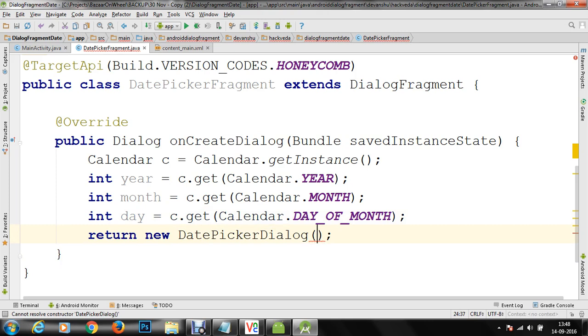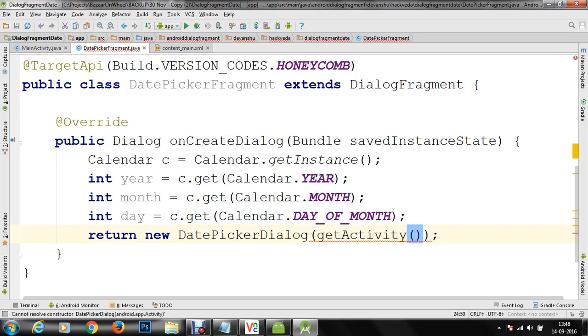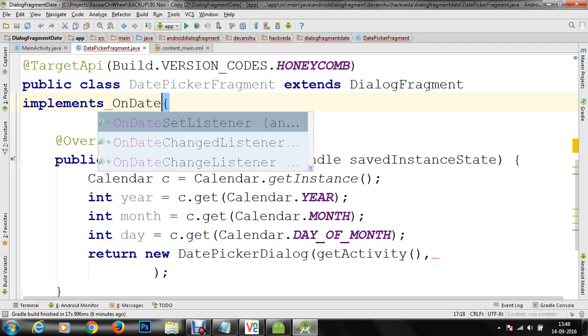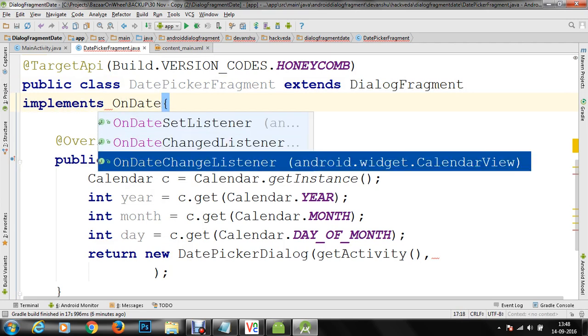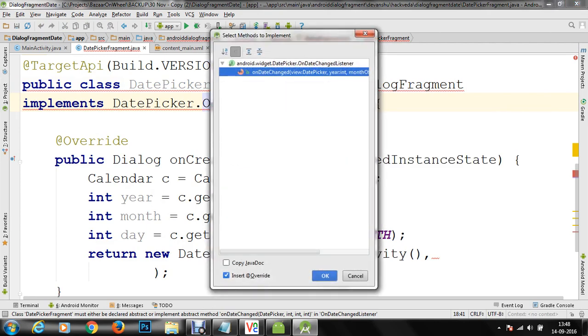In order to do this, first we have to specify the activity. This will give you an instance of the current activity which is running within the context. The second parameter will be the class where your OnDateSetListener is implemented. So let's implement OnDateChangedListener, and we are going to implement the method onDateChanged.